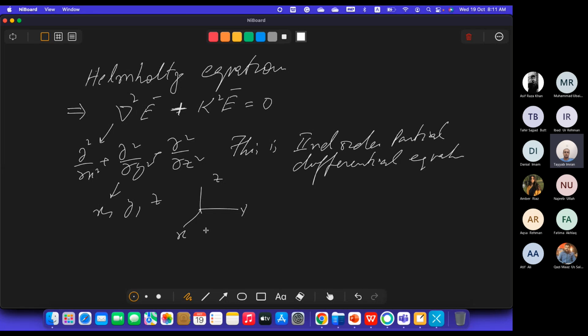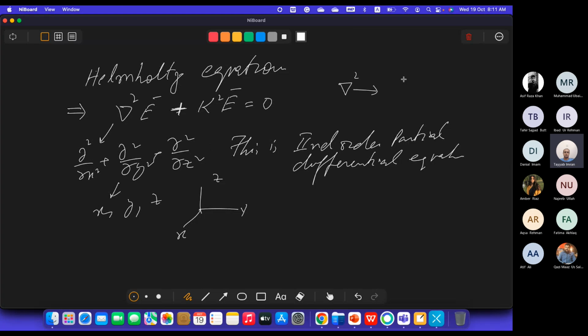ये जो Helmholtz equation है, that is basically used to study the propagation of the wave. ठीक है, और ये simulation जब simulate करते हैं हम, then this equation is very much helpful कि किसी wave को हम simulate कर सकें. ठीक है, so it's basically it shows the propagation. After that, and one more thing,